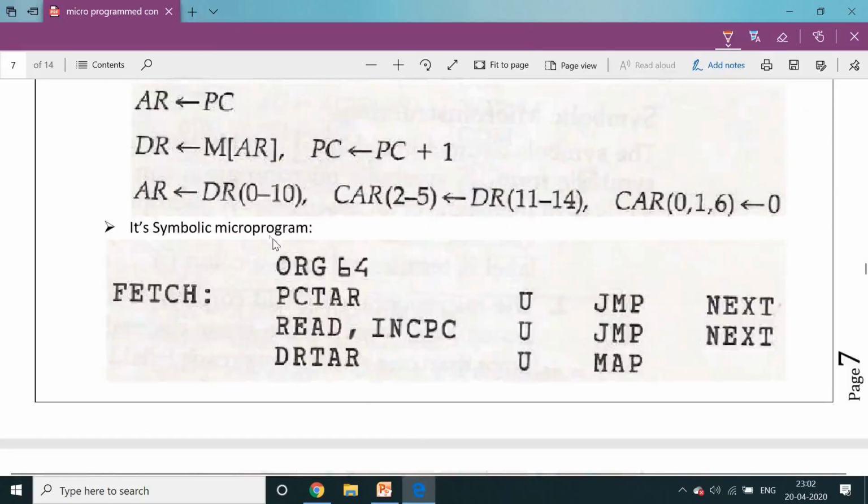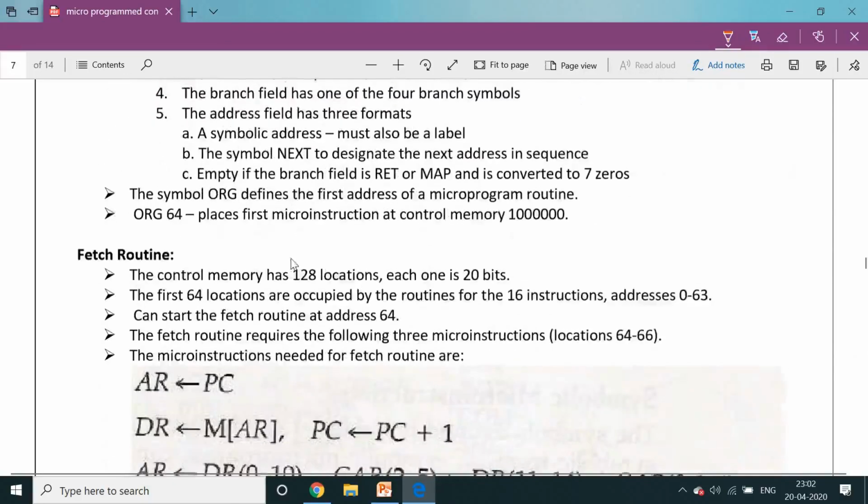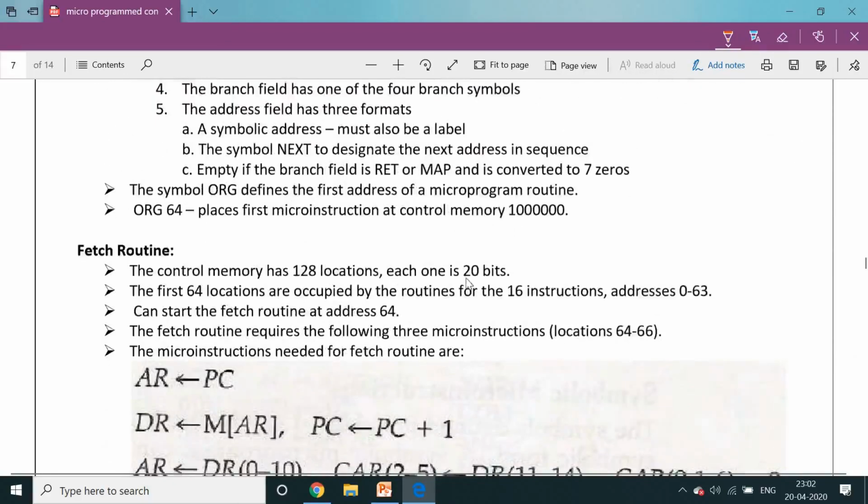So here there are 128 locations, each location is 20 bits, because every location stores 1 microinstruction. The first 64 locations are occupied by the routines for the 16 instructions, addresses 0 to 63. We can start the fetch routine at address 64. The fetch routine requires the following 3 microinstructions, locations 64 to 66.